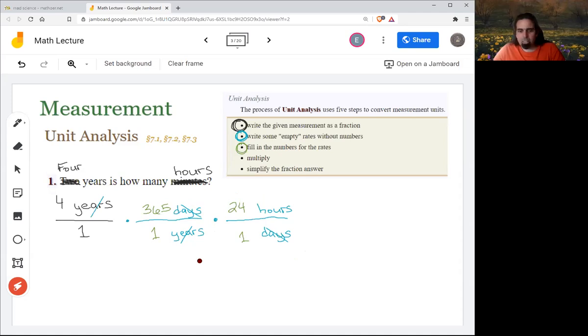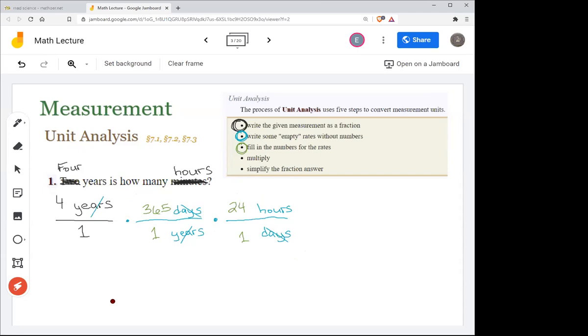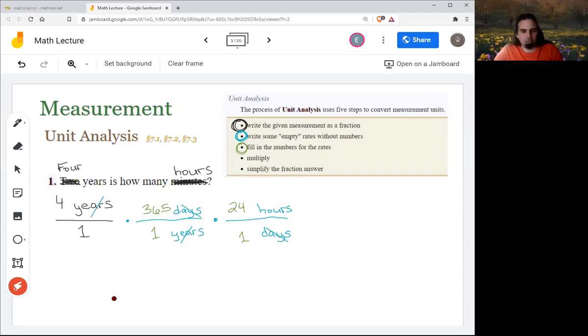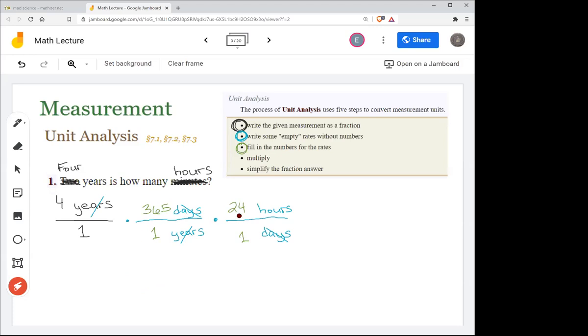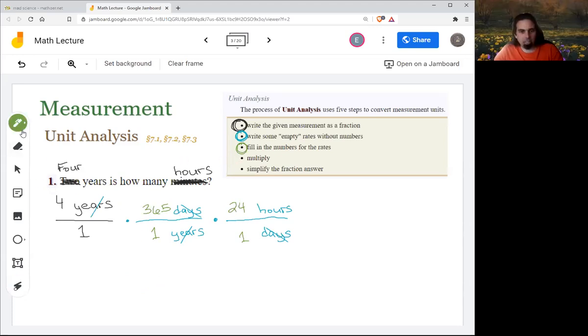So tangentially, why am I allowed to do this? I can't just multiply a number by 365. That changes the answer. Do you divide? I divide. I'm going to wind up multiplying and dividing. You multiply the 4, 365, and 24. I will, yes. When I multiply for my next step,